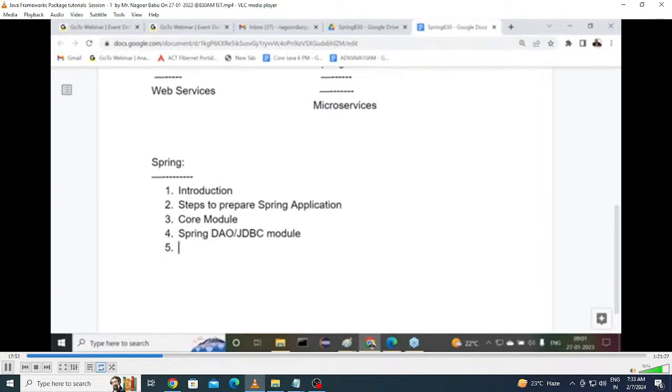Guys, can you tell me what steps we require to prepare a normal JDBC program? What are the various steps we require? First of all, load and register the driver. Then what next? Establish the connection. Then after establishing the connection, what next? Create a statement, or prepare a statement, or a callable statement. Then write and execute SQL queries. Then after that, what next? Close the resources. Am I right or not?